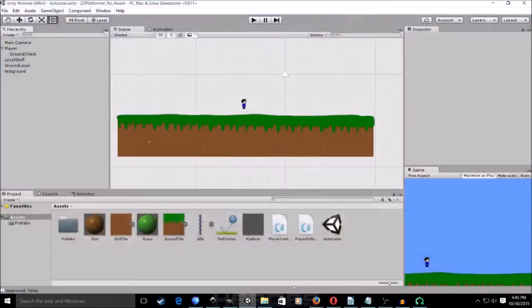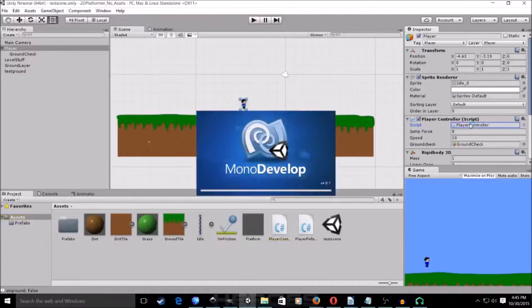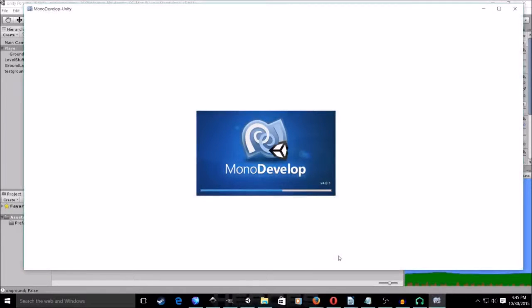And I guess I could show you, this will be my scripting editor, MonoDevelop. I figure I'm going to go with MonoDevelop because it just feels a lot cleaner than Visual Studio, and I've been having some buggy problems with Visual Studio running on Windows 10.